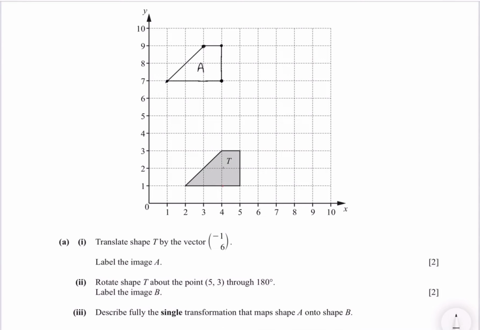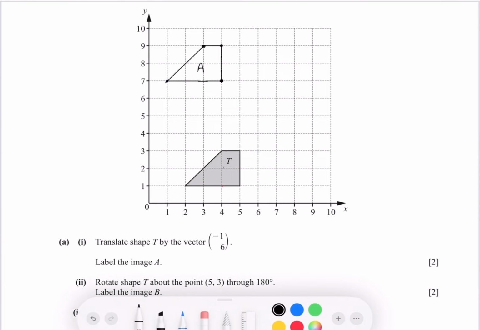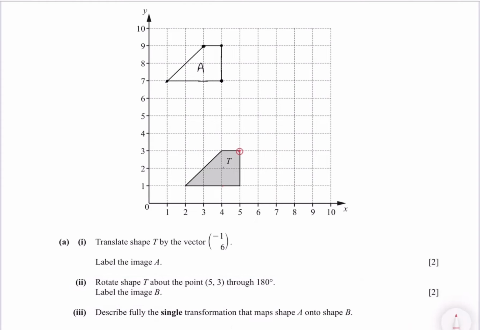Rotate shape T about the point 5, 3 through 180 degrees. Label the image P. So 5, 3 is this. I have circled it with a red dot. So this vertex will not move anywhere because it is on the point of rotation. So this line,